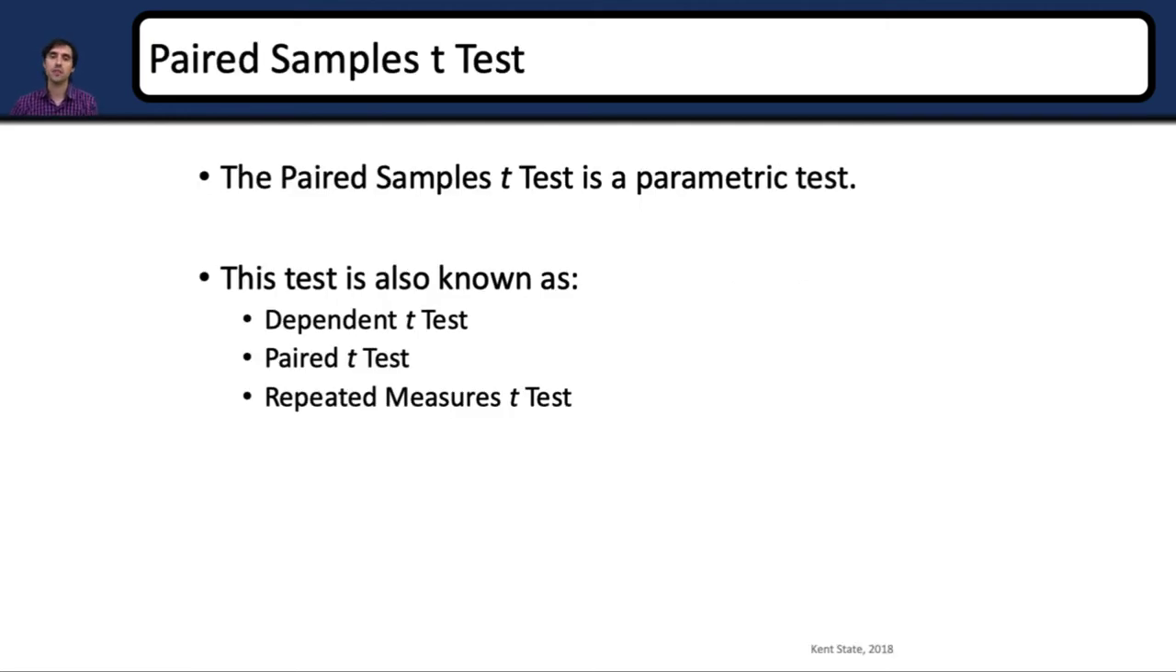So, the paired sample t-test is a parametric test, so normally distributed, and this test is also known as a dependent t-test, a paired t-test, a repeated measures t-test. So there are so many things that it can be called. There are so many t-tests already, so let's keep it simple. We have 3 parametric t-tests, and we went over one, and now we're on the second one,